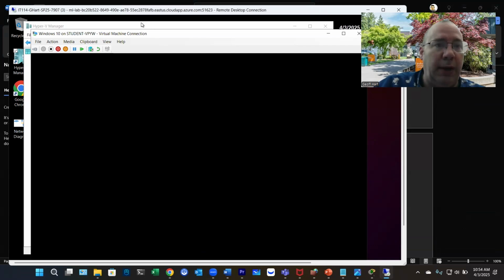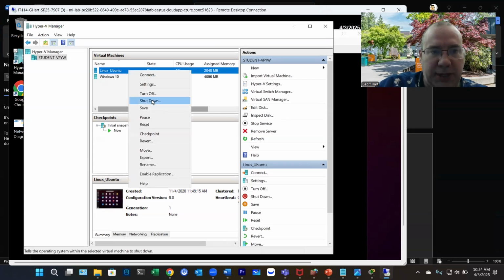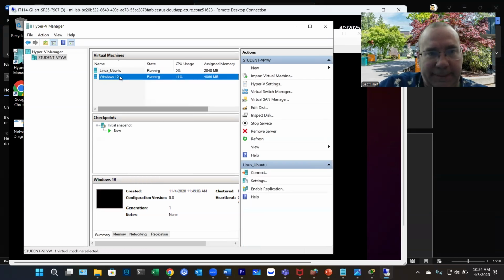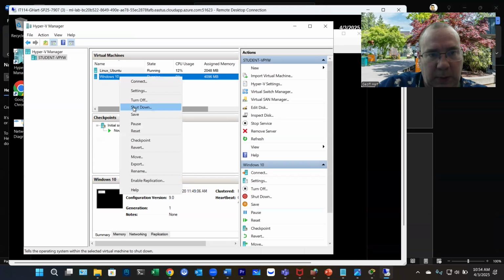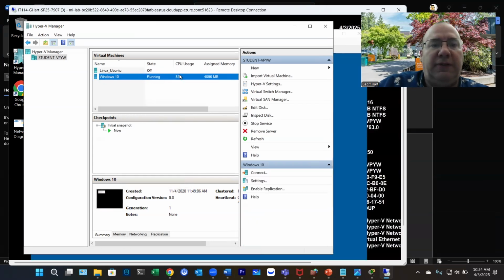So we can go ahead and go back to Hyper-V Manager. We can right click here and go to shut down. And once these 2 VMs are turned off, we'll go ahead and close our Hyper-V Manager window.